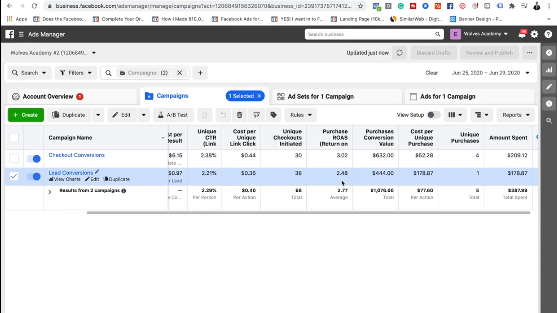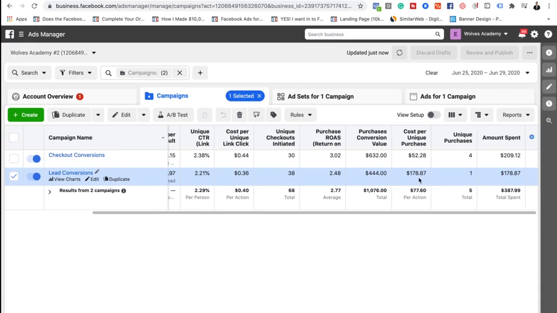So while this one may look good, $2.48 return on ad spend, we're not within KPIs of our cost per purchase, meaning we only got one sale, so we just got one big sale. But if we average it out, the average sale is about $100 to $120. Then over time, if we were to keep these metrics, this campaign will not be a profitable campaign. So in order to get this averaged out within the next day or so, this campaign needs to go ahead